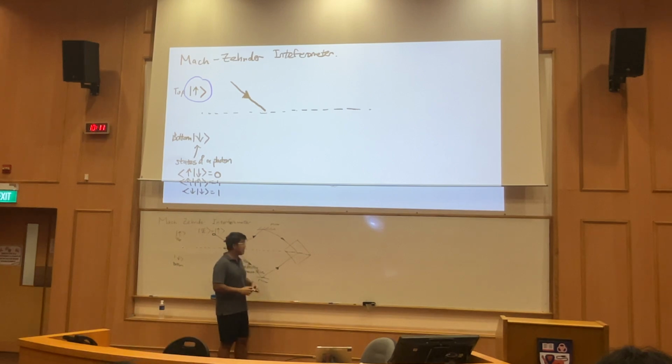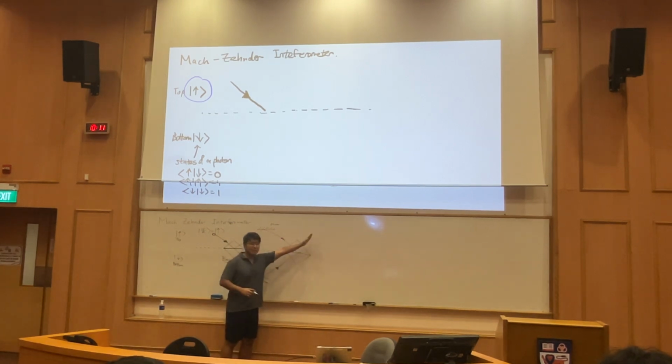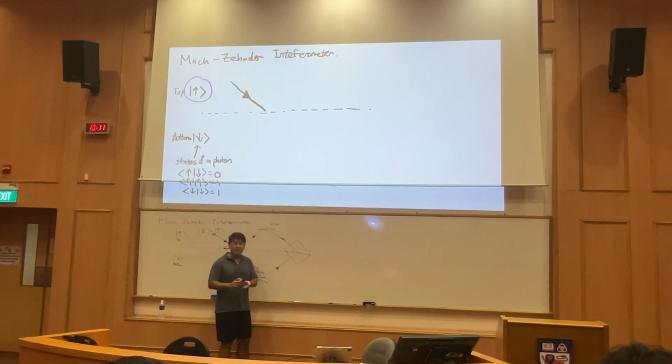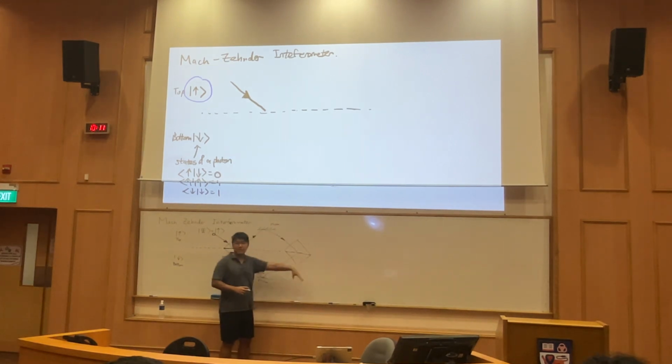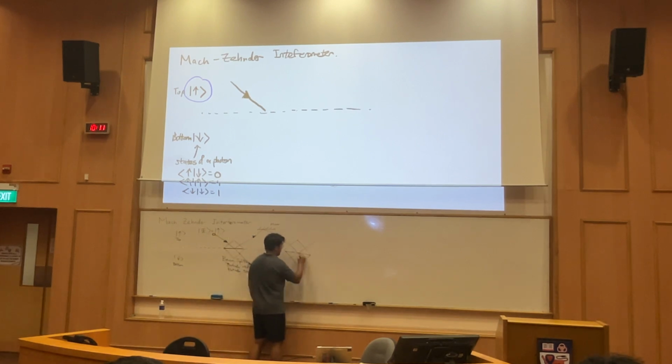In some scenarios, the two paths that both go up could interfere in such a way that the amplitude goes to 0. So essentially you get 0 light on the top and all the light on the bottom, and vice versa. Okay? So in general, you have this